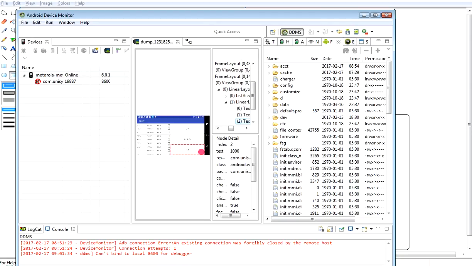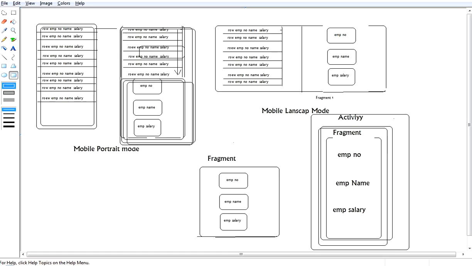Now the next case is, I don't want to display like this, I want to split the same screen into list view and fragment. When I click on a row, it has to start another activity, or we can have it on the same activity also. Usually we have it on the same activity, so we have to do it with a dynamic fragment. Here we are discussing static fragments, so I am displaying another activity.